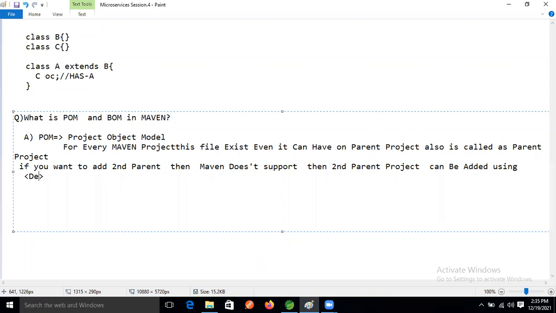Come on, give the reply, guys. Dependency management. Using which tag? Dependency management. It is called what? A bill of materials. Bill of materials, right?